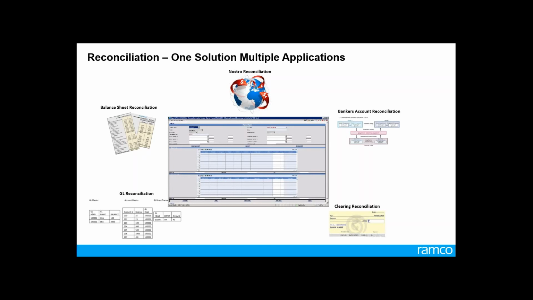By default, it comes pre-configured for all of your Nostro reconciliation, the banker account reconciliation, the balance sheet reconciliation, which is both GL-wise, the adjustment with HO and branch, any provision details that need to be enabled for bridging a gap between the trial balance and balance sheet, or any MOC changes that need to be taken care of, those can also be taken care of. The clearing reconciliation also comes as a default configuration for all of your clearing account, clearing instrument